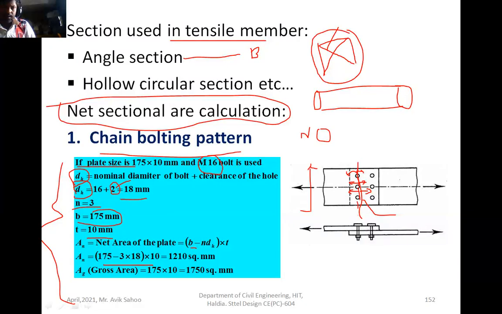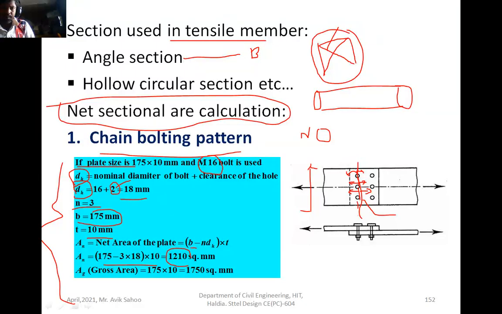Here 3 bolts are used, the diameter of the hole is 18, and the thickness of the plate is 10. So the net area is